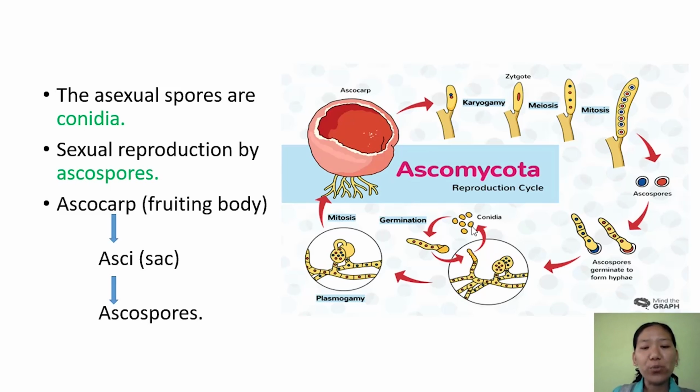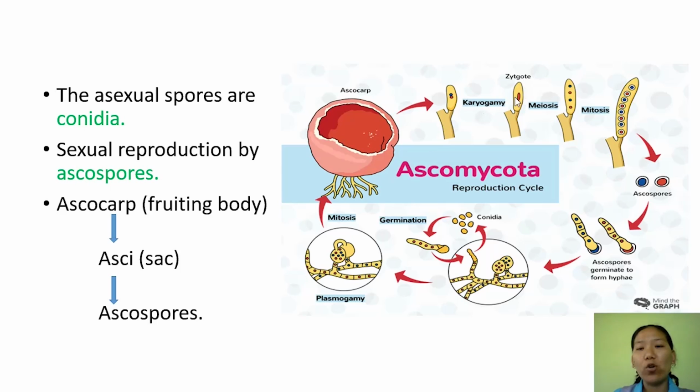We know that sexual reproduction involves the fusion of two gametes. Here the first step of sexual reproduction is plasmogamy. Two compatible mycelia come together and there is a fusion of protoplasm leading to formation of a dikaryon. This dikaryon, instead of undergoing karyogamy, undergoes mitosis and produces a body called the ascocarp. Inside the ascocarp there are so many asci like this. In each ascus you can find two nuclei in a common cytoplasm. When it matures, these two nuclei fuse, that is karyogamy, and lead to